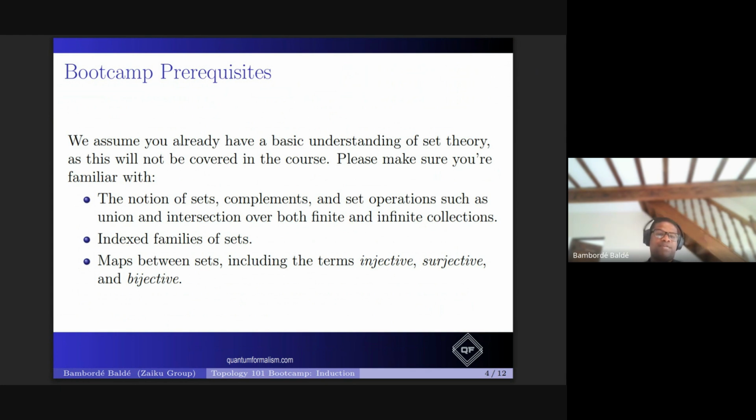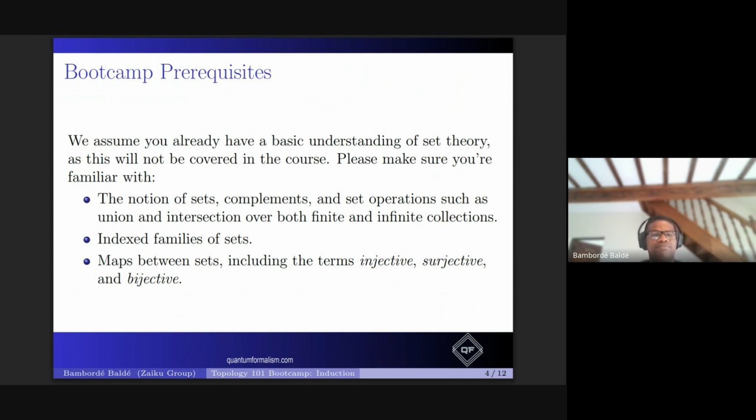You have linear maps that go from one vector space to the other, or inside the vector space itself. We want to do the same for topological spaces. And in particular, in topological spaces, we are interested in continuous maps and a special type of continuous maps that we call homeomorphisms. These are the structure preserving maps that you will learn. But before that, you need to understand the basics of maps between sets, including these terms: what does it mean for a map to be injective? What's surjective? What's a map being bijective?